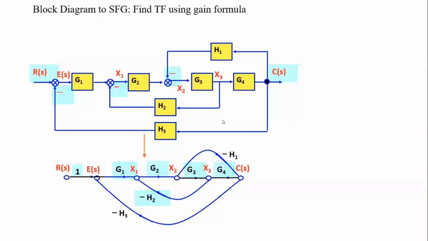Sir, I have a question. Yeah. Do we need to change the sign as well as the direction, or is only one of them enough? No. Direction indicates either forward path or feedback path. Okay, and the sign? Negative sign indicates either a negative loop or, I mean, sorry, a positive loop. Okay, fine. Right, thank you.